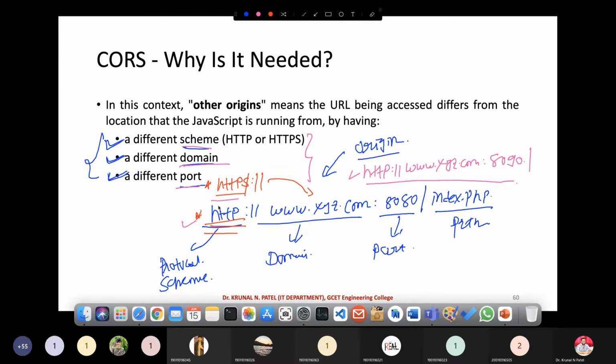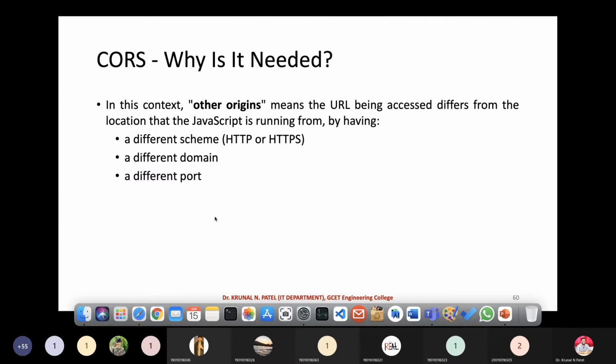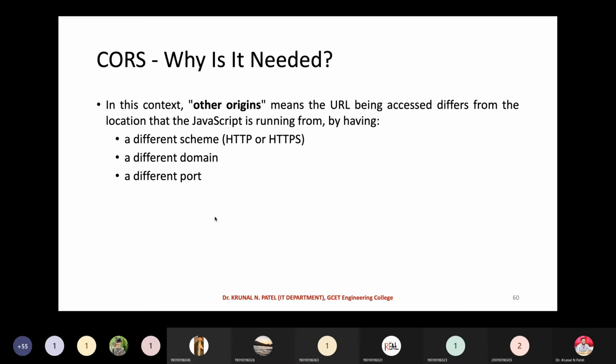So if any of these three parameters is different, it is known as cross origin, or other origin. Now you got the point of what same origin and other origin mean. If you know this concept, then you can clearly understand the meaning of CORS.